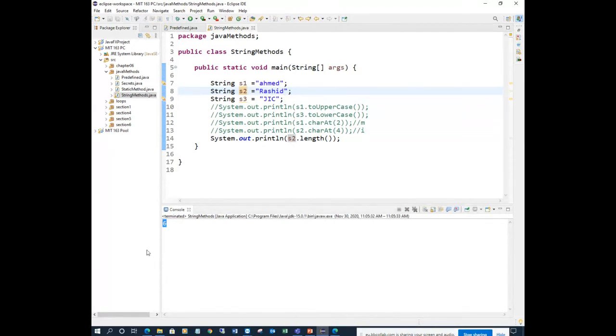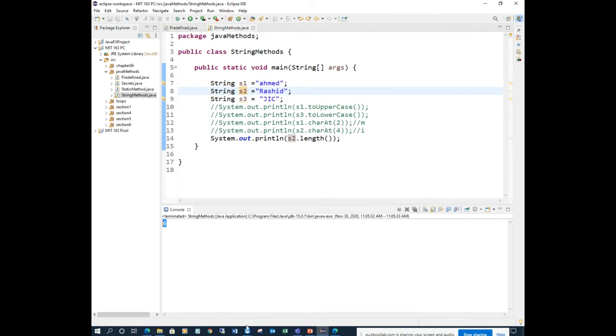The length is the size. This is a very important and useful method, for example when a minimum number of characters must be set. When I say a username or password should be a minimum of 6 characters, or 8 characters, right? If I enter 4 characters, then I will check the length: if password.length is less than the minimum, show a message asking to re-enter the password, with a minimum of 8 characters. So this is a very useful method. Remember it, it is also useful from the exam point of view.